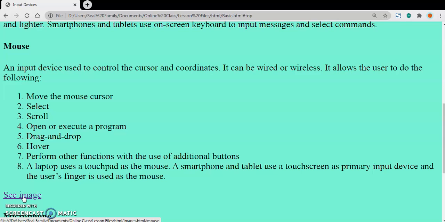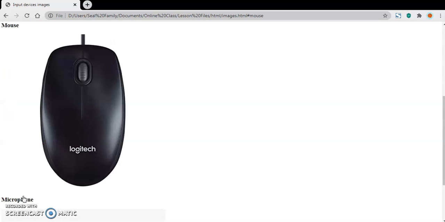So when I click CImage, I directly jump to another web page, the input device images, and you can see the URL is images.html hashtag mouse. So I am directly jumping to the mouse section of another web page.